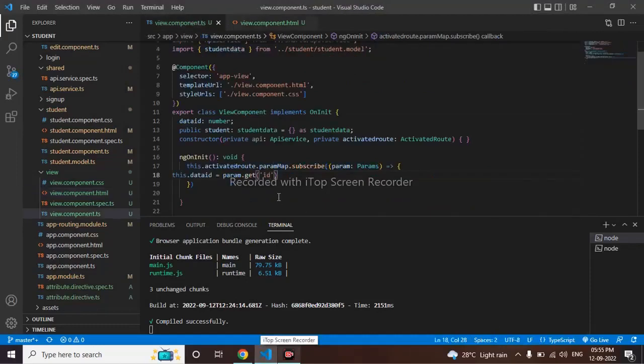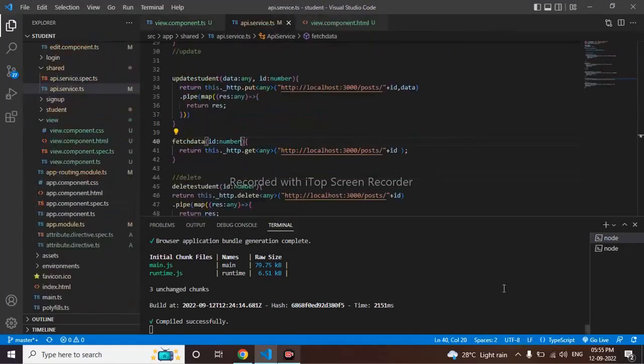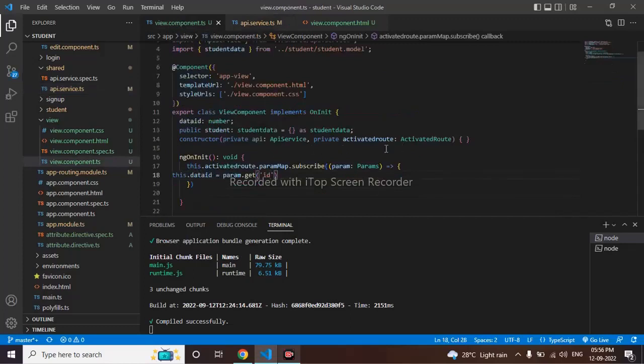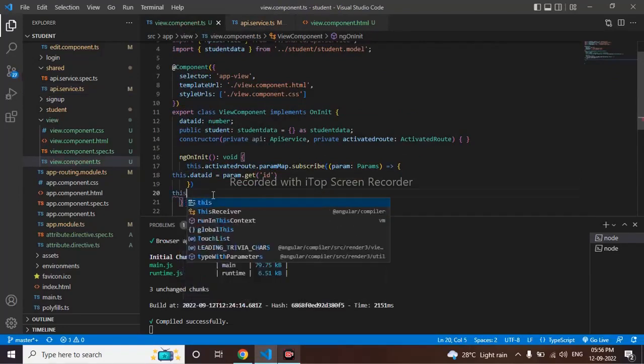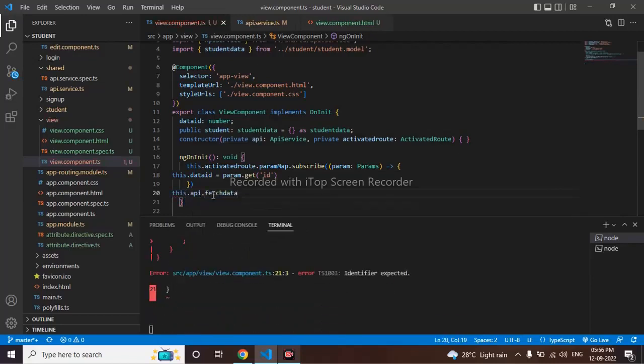I'll bring the full data now, and full data will come from API. So I'll show my API to you first. This is my API service, and this fetch data I will be calling there. So in this constructor I have imported API first. So let me call now this dot API dot fetch data